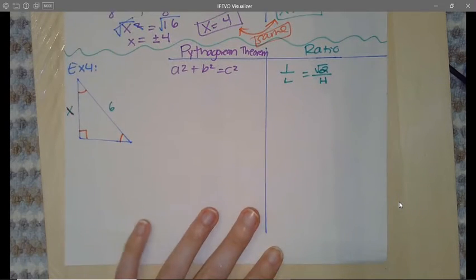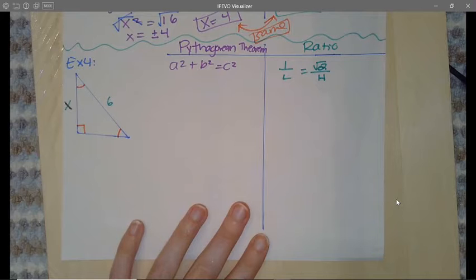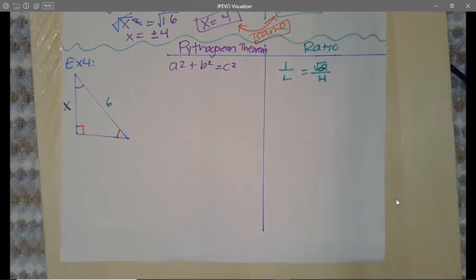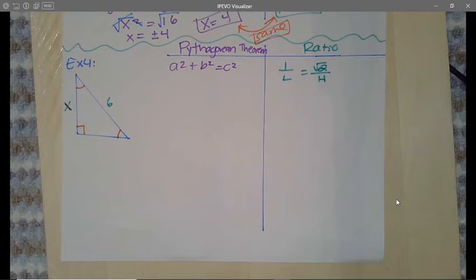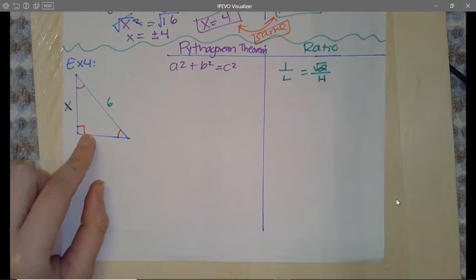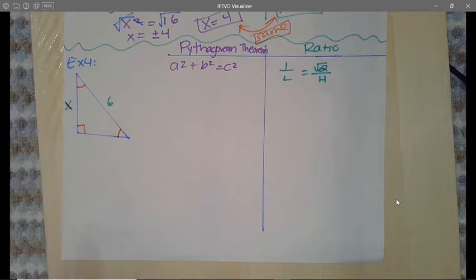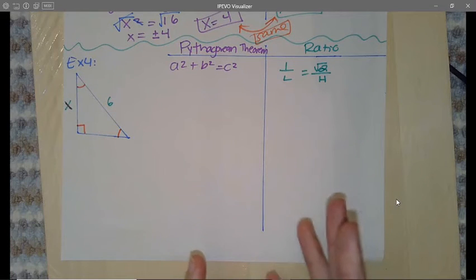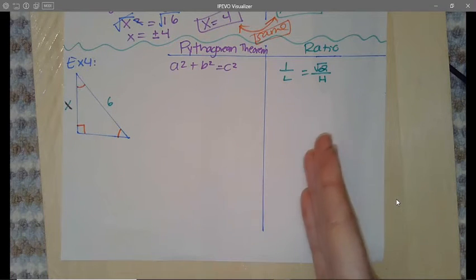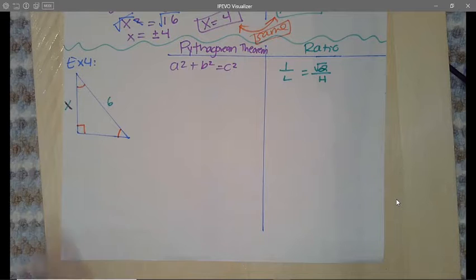Our final 45-45-90 triangle problem. Let's do it. So example 4, I have a right triangle, side of a right angle. I know this side is an x and this side is a 6. Now, first of all, if I'm going to solve using either the Pythagorean theorem or my ratio, I need to at least know 2 of the sides or be able to solve for one side, which currently I'm missing